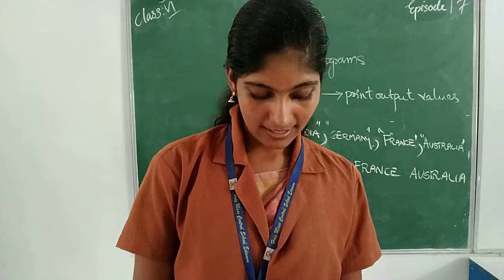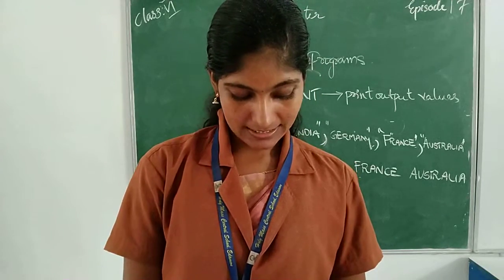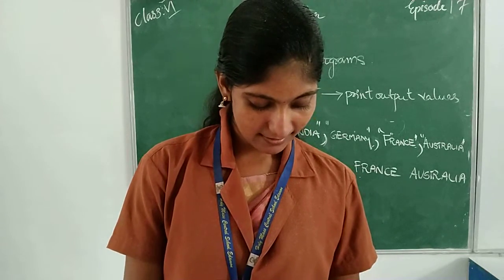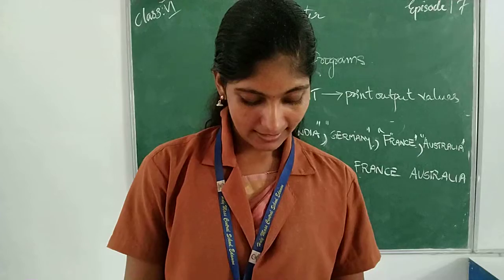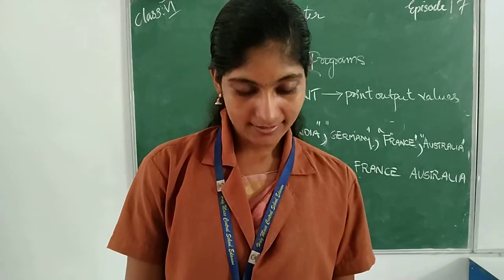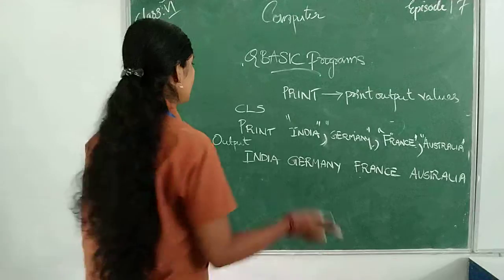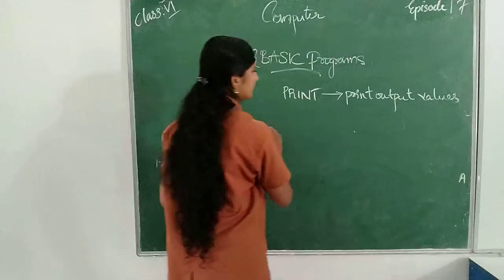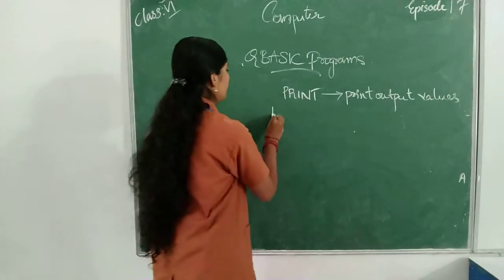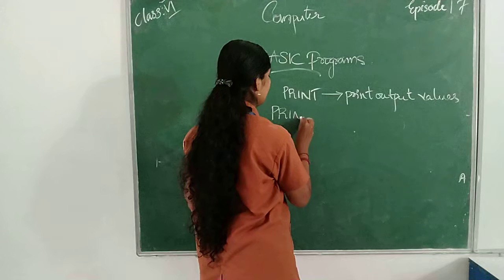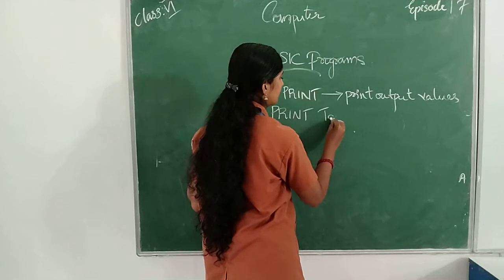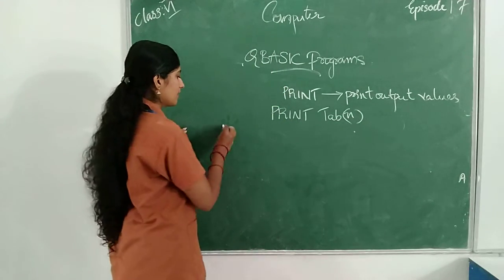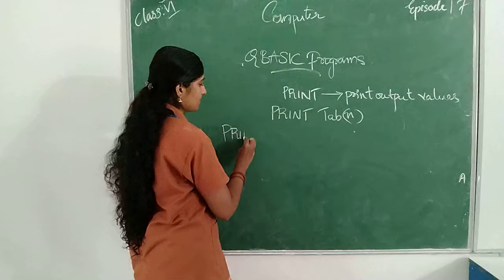Print tab of n, data 1, tab of m, data 2, semicolon, data 2, etc. For example, print tab of 5, then my, then tab, another one, then India. Here the statement should be like the syntax: print